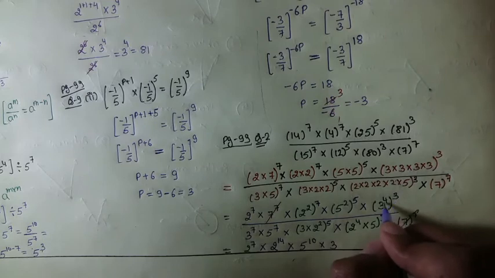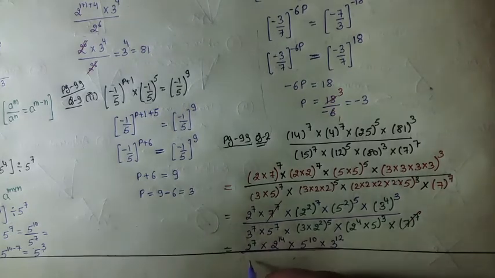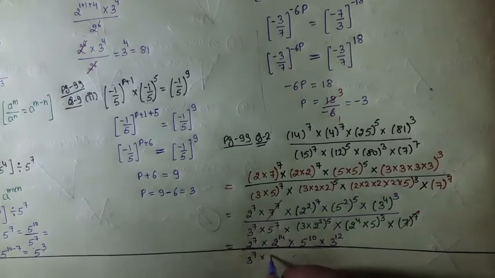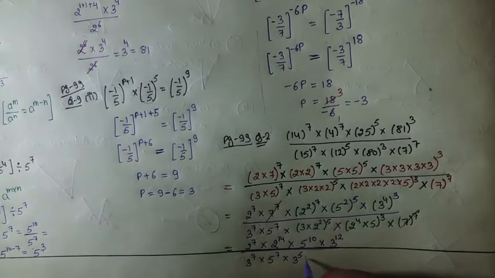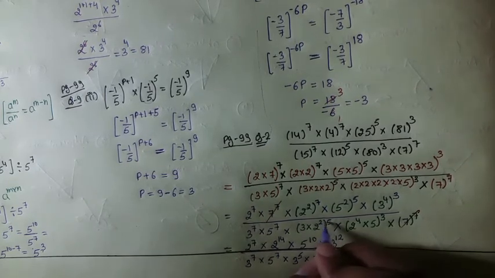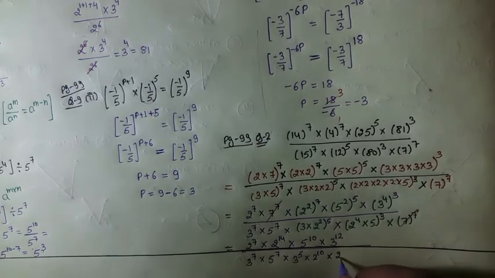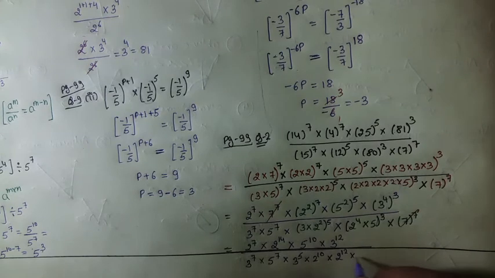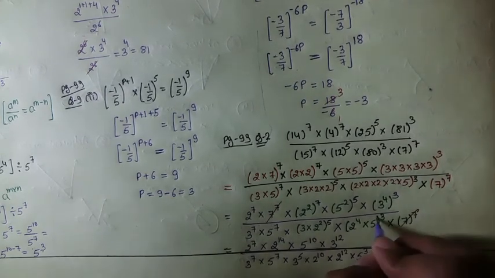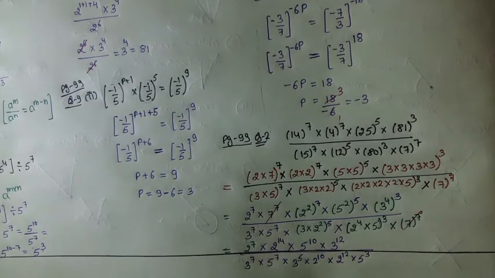into 3 to the power, again this will get multiplied, 12 whole divided by this is 3 to the power 7 into 5 to the power 7 into this we can write as 3 to the power 5 into 2 to the power 5 into 2. See, powers will get multiplied. So this is 10 into this we can write as 2 to the power, see this is inside the bracket and its whole power is 3. So 3 4s are 12 into 5 to the power 3 because here we have 1, so 1 into 3 is 3 and this we have cancelled out. इतना क्लियर हुआ?